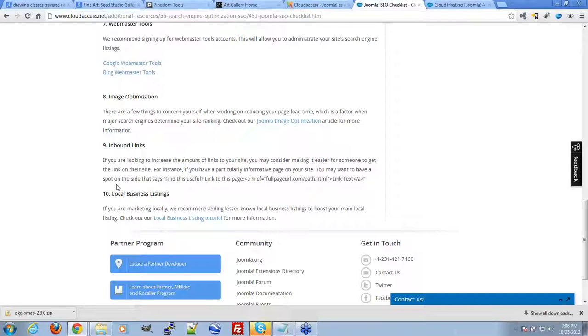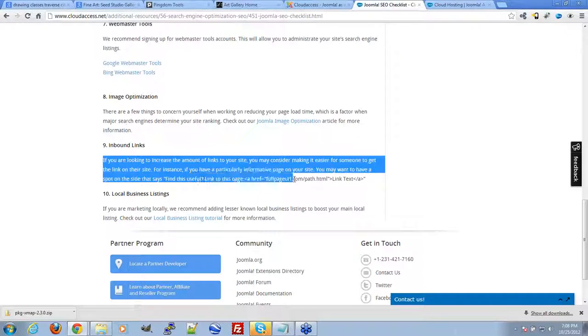One of the major aspects of how you rank in search engines, and I apologize for having such a small section here on such an important topic, is how many links are going to your site, the popularity of your site. And it also has a lot to do with what type of links they are,